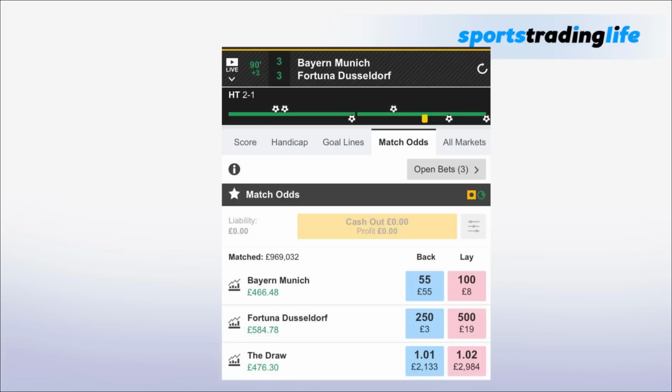And then I looked at the prices, and Bayern Munich were 1.05 to lay. Now, why were they such a low price? Because they had such a low starting price. Their starting price was 1.15. So naturally, a goal up with about 10 minutes left, they're obviously going to move into a price lower than their starting price, and it was 1.05 to lay on Bayern Munich. So immediately, I just thought, well, okay, there's definitely an